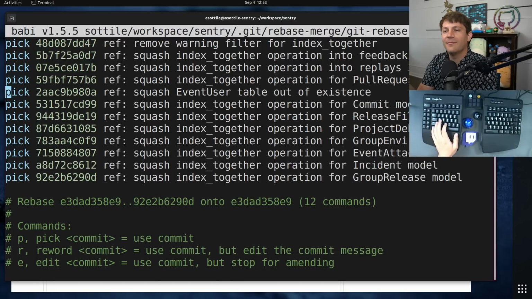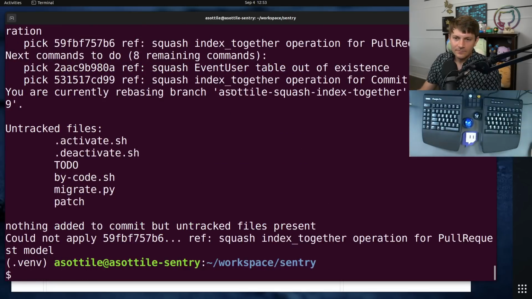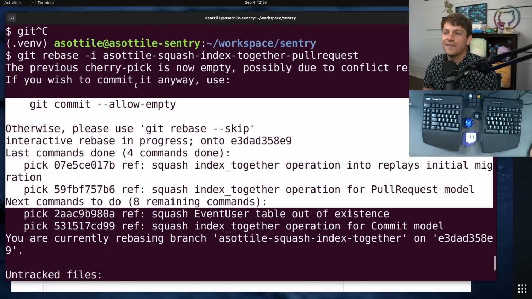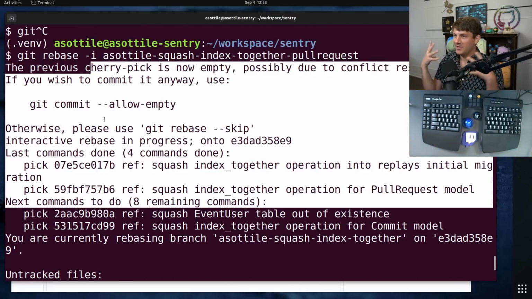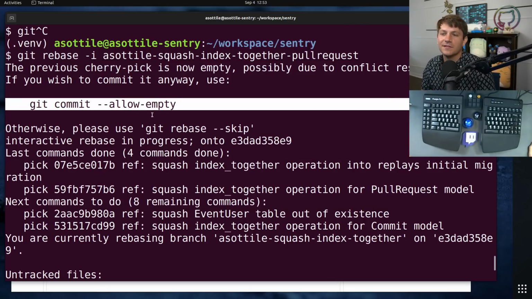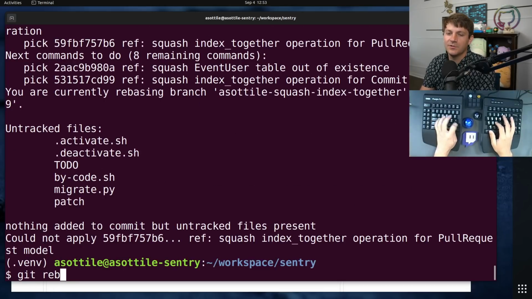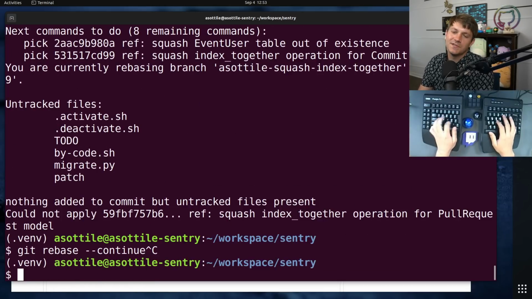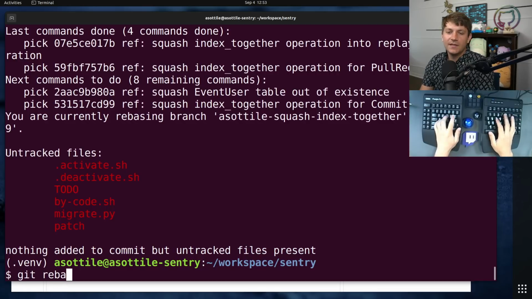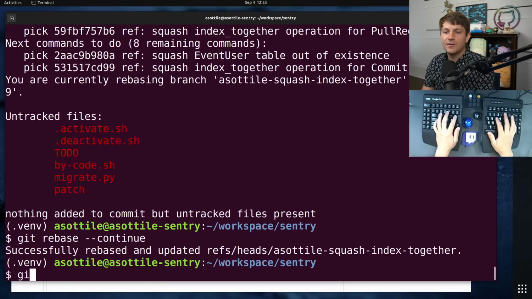to remove that here. I'm going to show you what it does when you don't do that. It'll actually stop at that commit. In this case, because the commit I already had completely included the other one, it's going to tell me, oh, you need to either make an empty commit or skip this. The easiest thing to do is just git rebase continue. Well, it's always good to check git status first to make sure you're not actually doing anything, but git rebase continue will just skip over the empty ones. And so now,